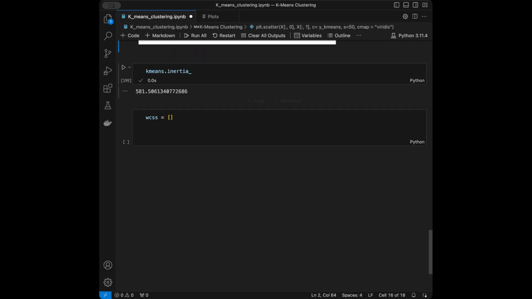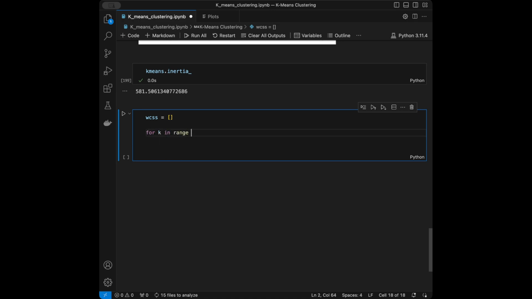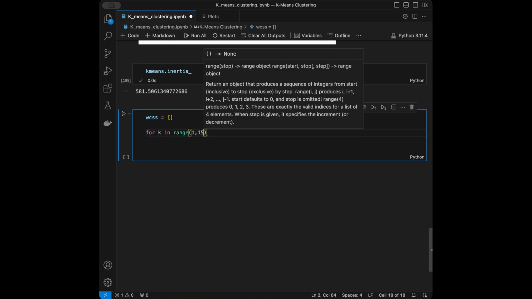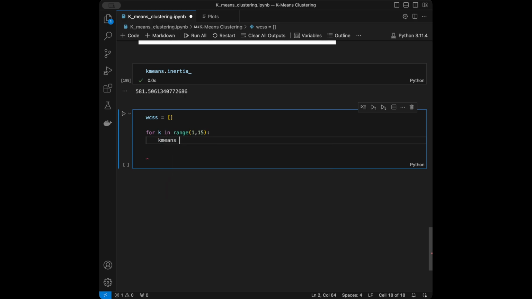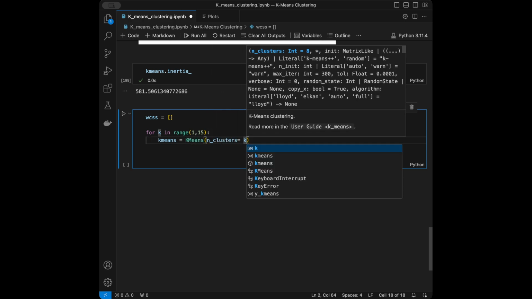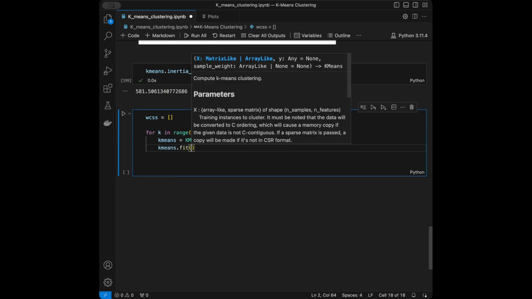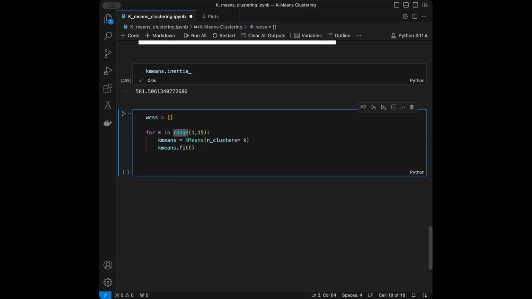Next up I will say for k in range, let's try them from 1 to 15. I will say k-means is going to be equal to the k-means, and actually like this. Number of clusters is going to be equal to the k. Next up, I'm going to say k-means.fit for every k value in range 1 and 15 that we are passing in here. And I will say our list append